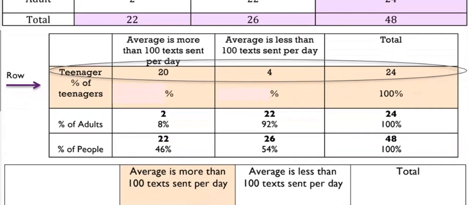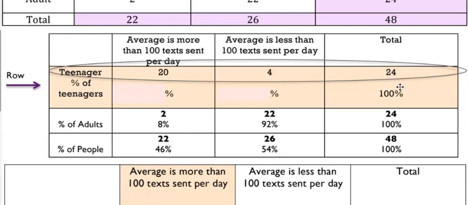So then she started doing some calculations. These are called relative frequency tables, and you can organize them by row, column, or relative frequency table for all of the data. So how it works is here we're just isolating, just looking at the teenagers, and then just looking at the adults, and then just looking at people in general without considering whether or not they were teenagers or adults. So of the teenagers, so this is a relative frequency by row because we're only looking at a